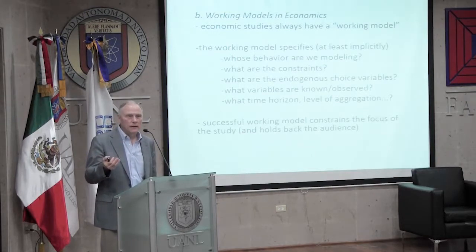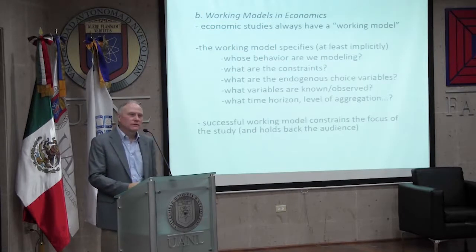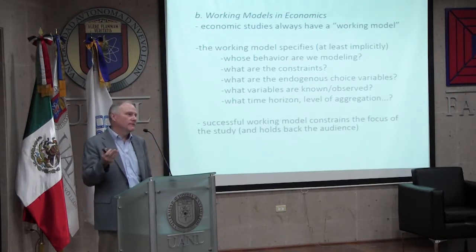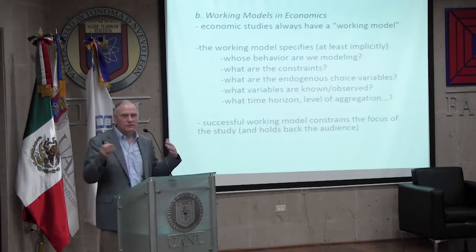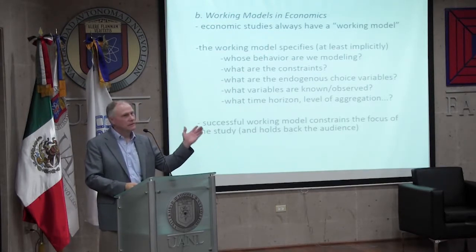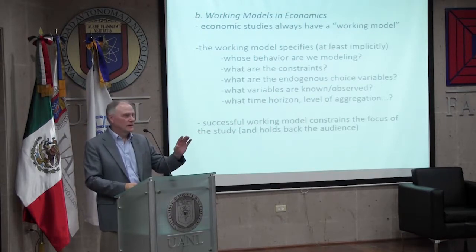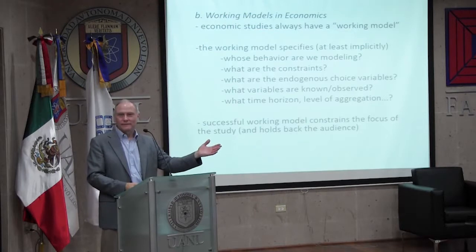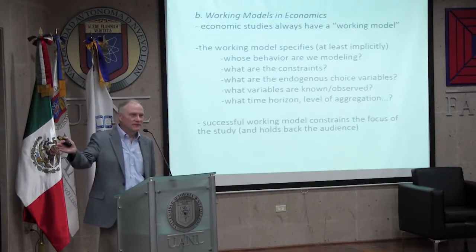It has a sort of working model, which is maybe informally laid out, but is laying out most of these issues. And I always explain to my graduate students, because they've seen it before, but they haven't really thought about it, that if you have a successful working model, even if it's informal, what it does is it shuts down a lot of questions which are really beyond the scope of today's talk. So if you say, I'm talking about training programs, I'm using a 3-year time horizon, I've got people that I've been able to follow from 2010 to 2015. Instantly, people sort of say, okay, well, that's what we're talking about. We're not talking about how do training programs affect the decision of somebody to drop out of school beforehand, which they could well do, but this is kind of the way that you rule out questions from left field by having